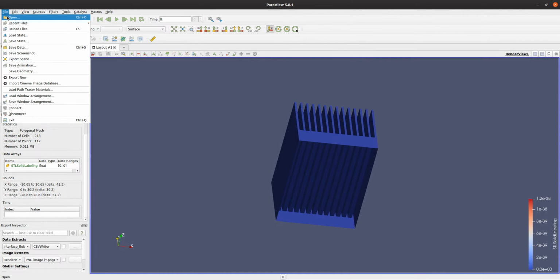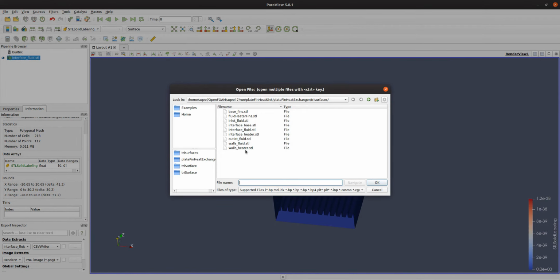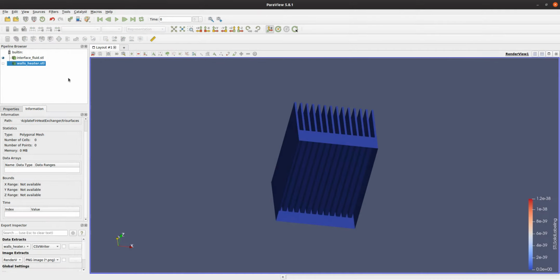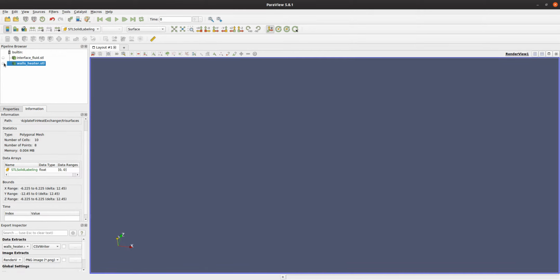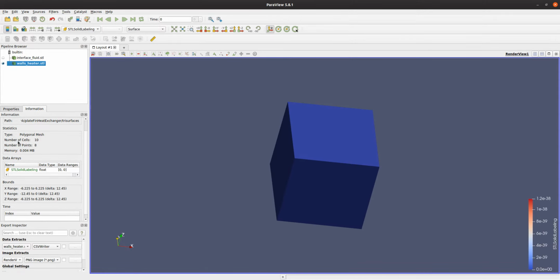Similarly, we can open walls of the heater, and we can see the information, and we have the information of the X, Y and Z ranges.